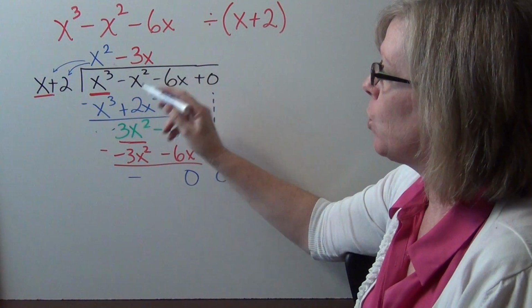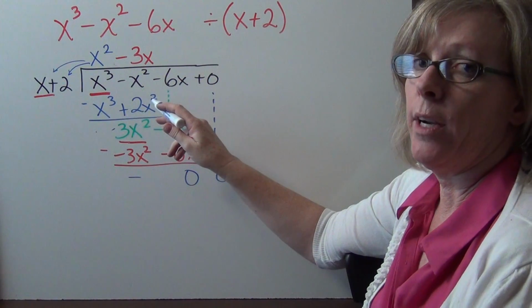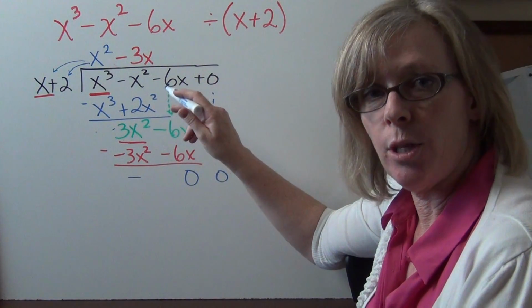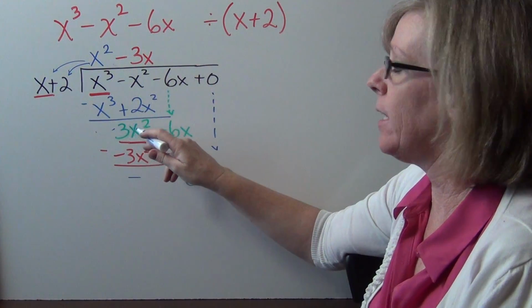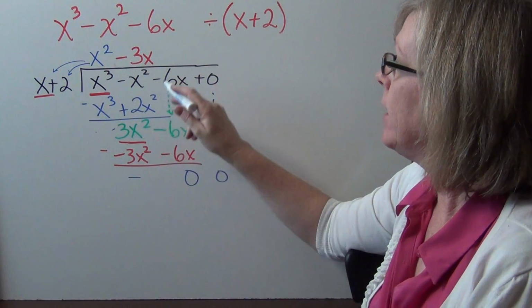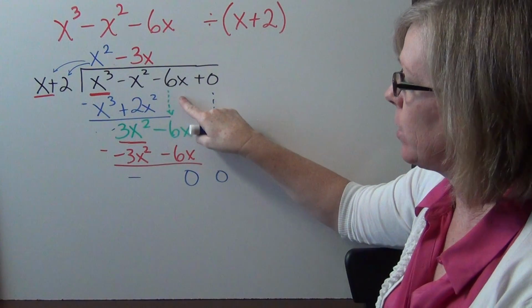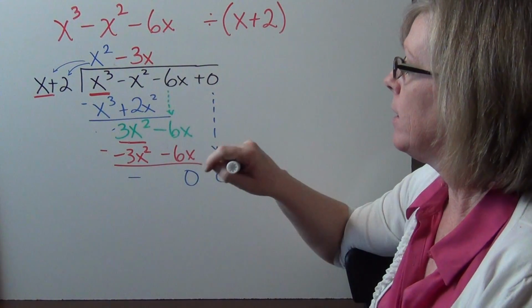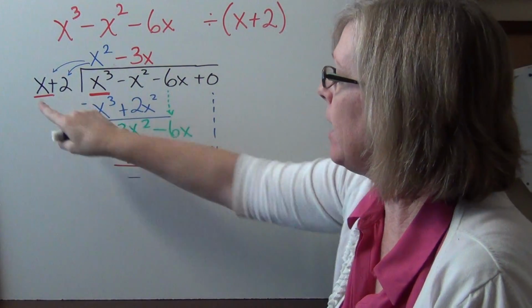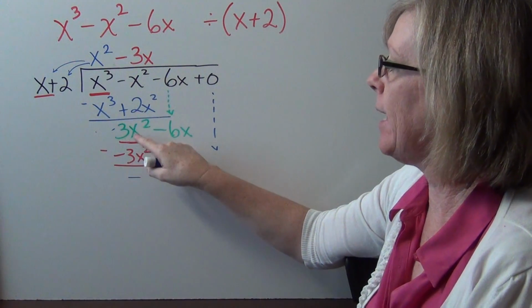But negative x squared minus 2x squared, this is where you're really going to have to pay attention to those negative signs. Negative 1 and negative 2 equals negative 3x squared. Then I come over and, just like in regular division, I bring down the next term along with its sign. Now I come back over here and say, how many times would x go into negative 3x